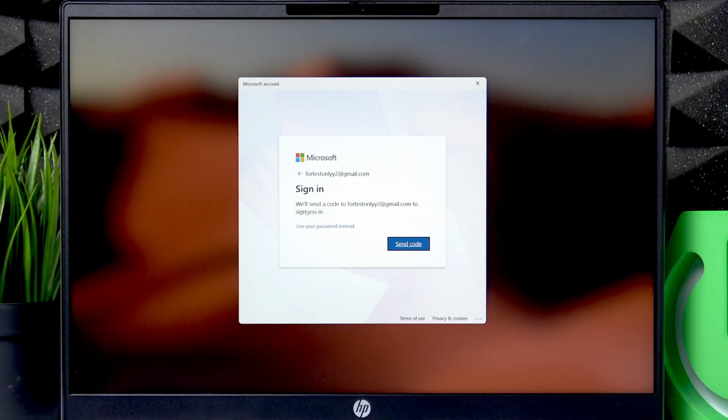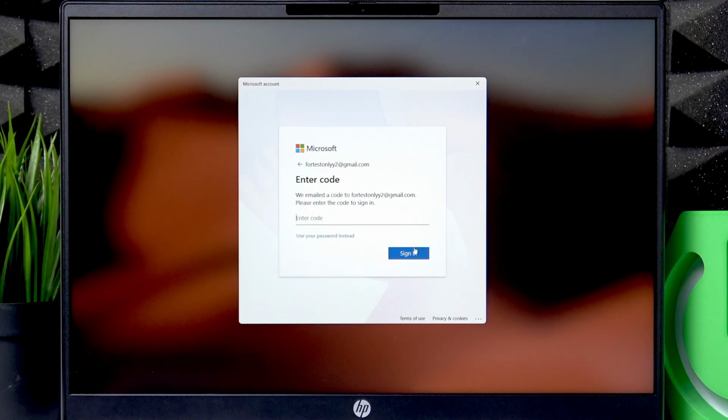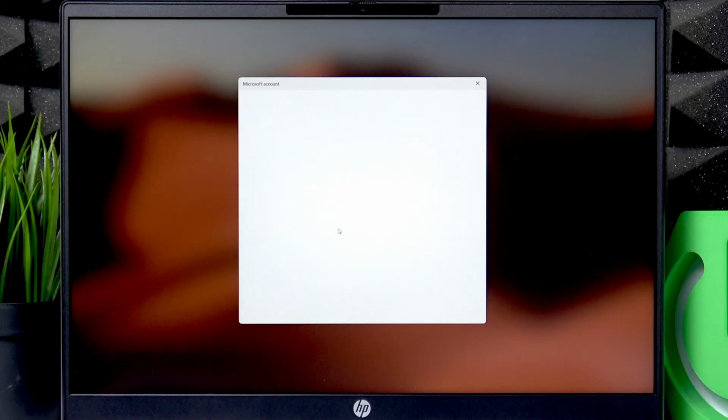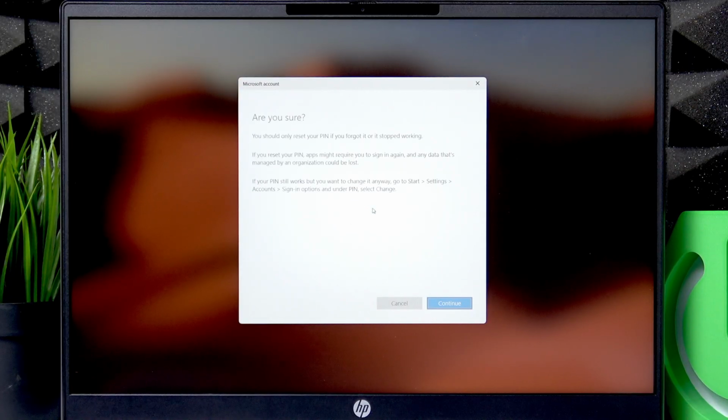Now, if you see this window in front of you, then here you're going to have to click send code, and then check the email that you see right here, and check the last message you got from Microsoft. There you will see your single-use code. Just enter this code that you received into this field and press enter. And after that, click continue